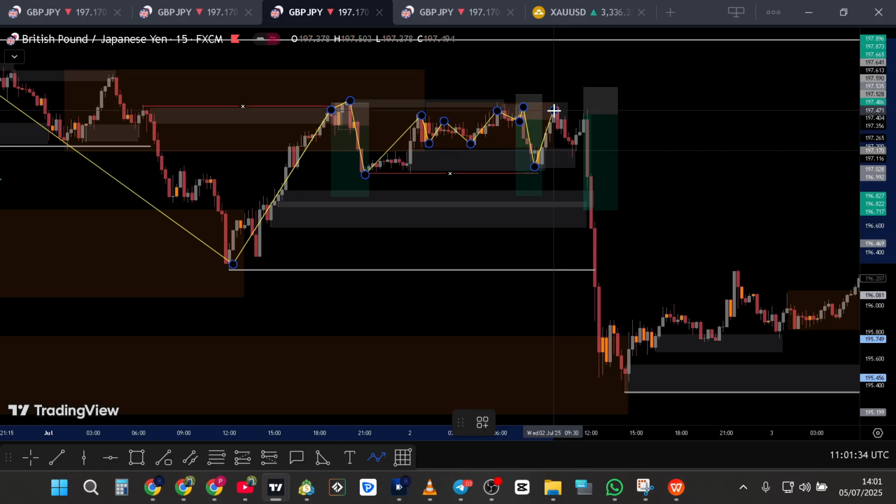After this return, and the reaction from this demand, I realized, you know what, maybe this low is being targeted. So that's when I drew my liquidity line there,